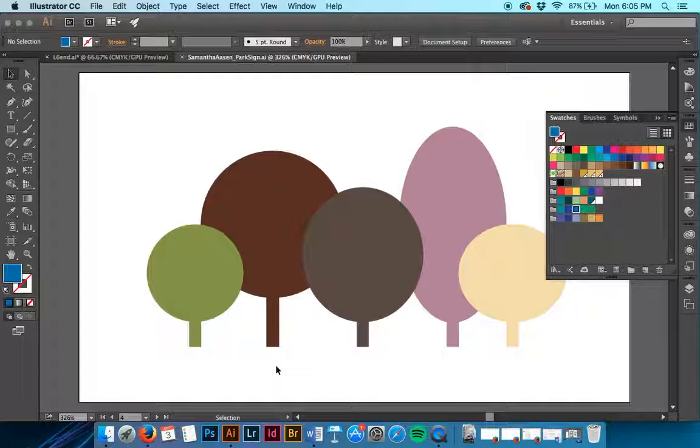So now we're going to assign colors to artwork. So we're going to choose